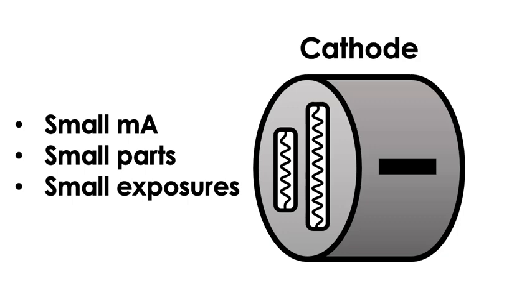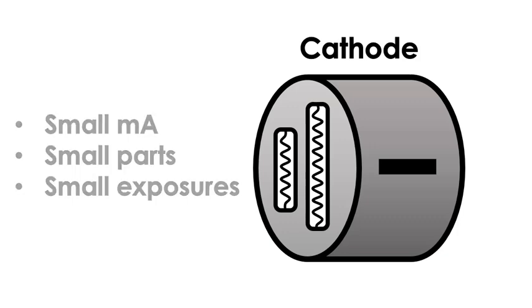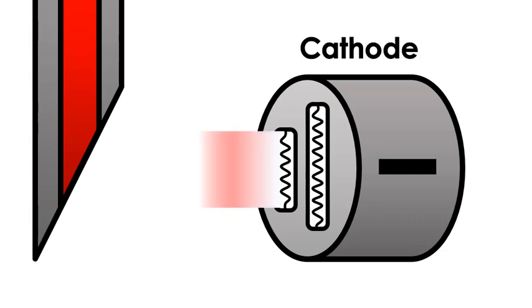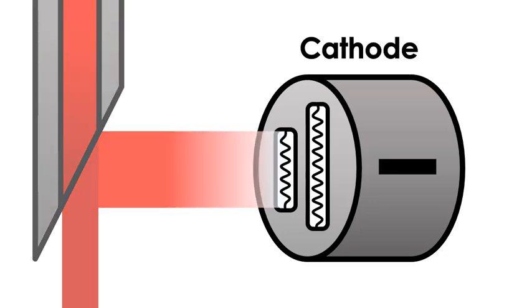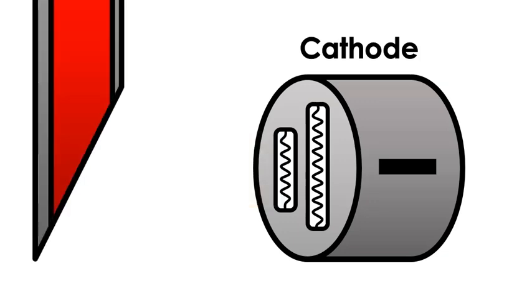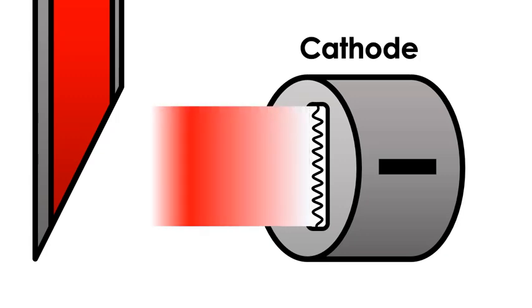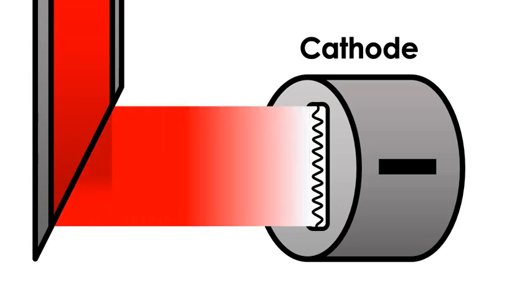So the small filament has some limitations, but it also has one big advantage. The small filament creates a very narrow and tightly aligned electron beam, and at the anode becomes a narrow, tightly aligned X-ray beam. This results in high spatial resolution. The large filament is just the opposite. The large filament creates a large, poorly aligned electron beam, and at the anode becomes a large, poorly aligned X-ray beam. And this results in much lower spatial resolution.